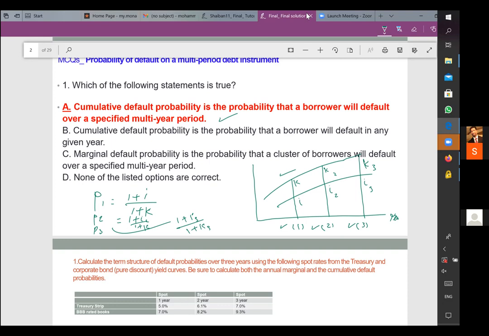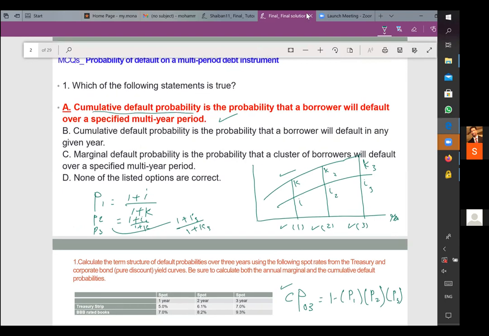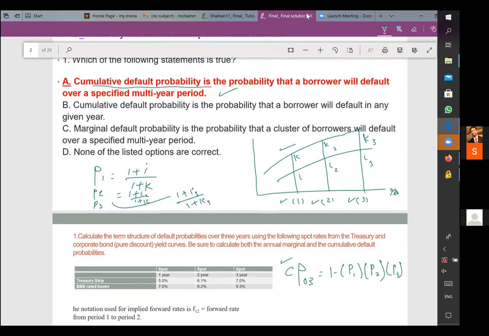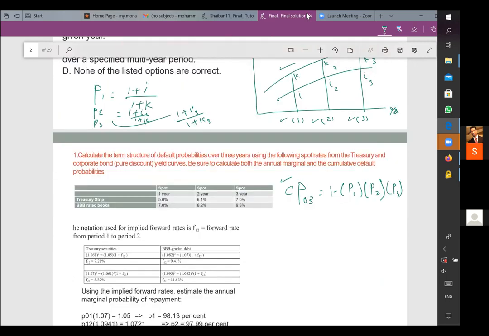And when we calculate the cumulative, just to answer this multiple choice question, the cumulative probability of year 3 will be 1 minus probability of payment of year 1, year 2, and year 3. This is what we are trying to get. This is what we mean by the cumulative default probability. And this is how we calculate it. So to come to the calculation,